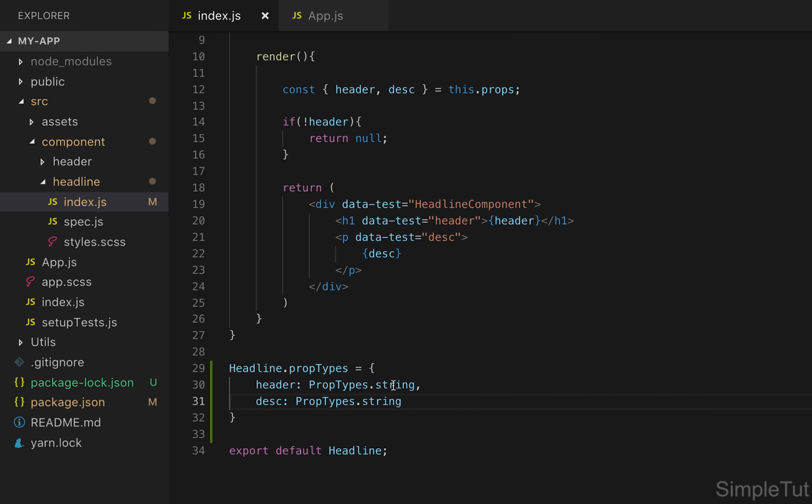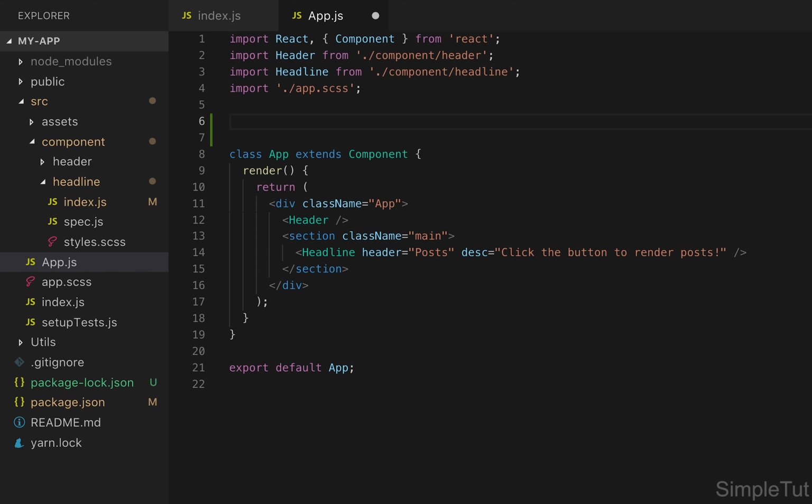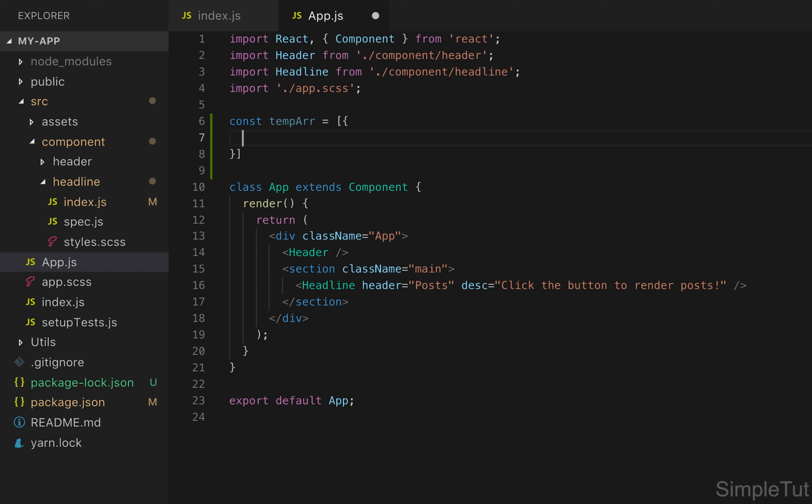I mean, we're just basically testing two strings, but what about if we're passing an object? We need to validate that the structure of that object, the key value pairs, are correct. We need to validate those too. So I'm going to show you an example. Come back over to app.js, and I'm going to define an array of objects. Okay, so I'm going to create a temp array. It's going to equal an array which contains an object, and in this we're going to have the following key